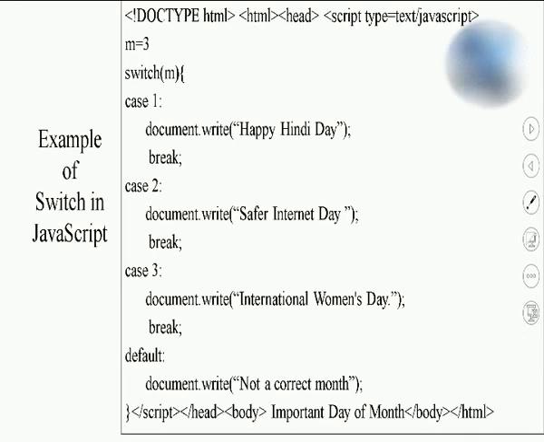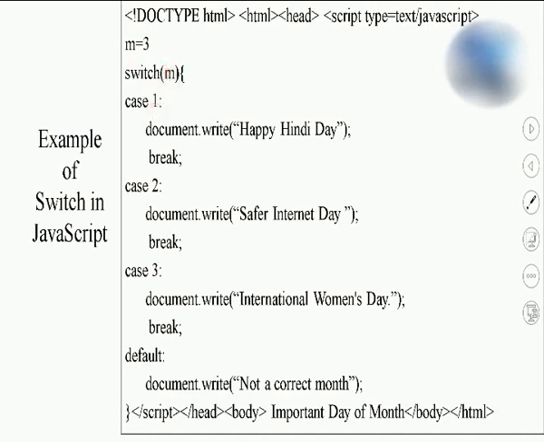Students, over here I have taken the value of the variable m as a simple value 3. If I take any other value, it will execute the default statement. I will tell you how. Here m I have taken as a variable as 3. I have passed this m variable to this switch. So switch it will be 3. So this 3 will be compared with 1.